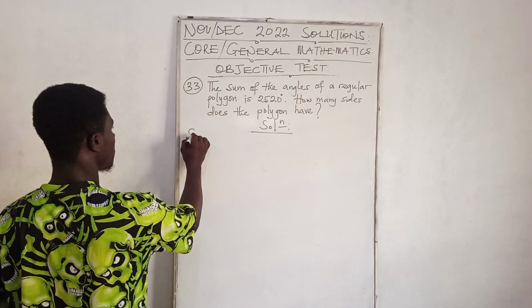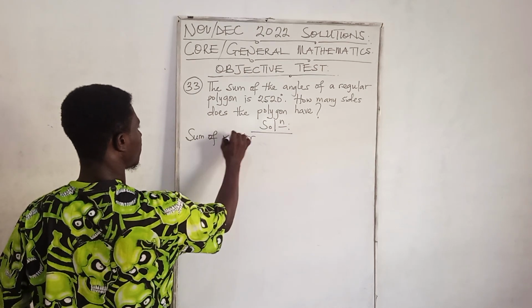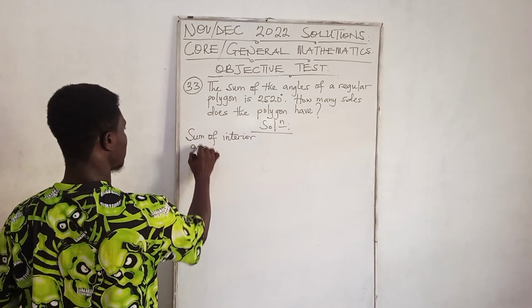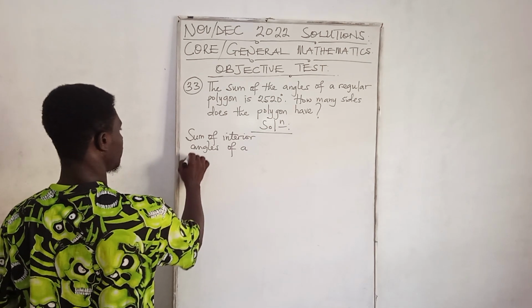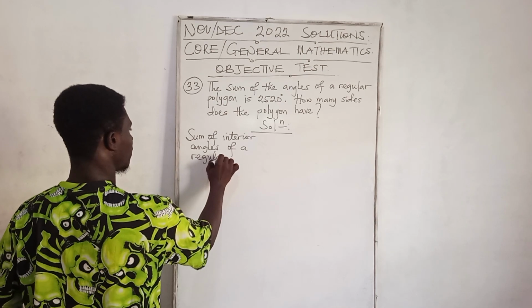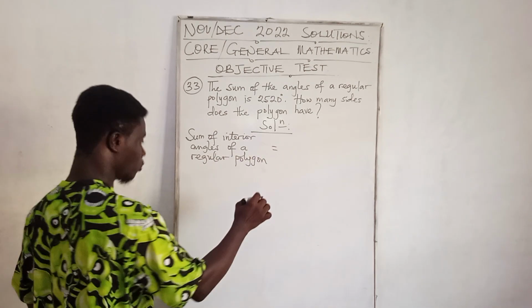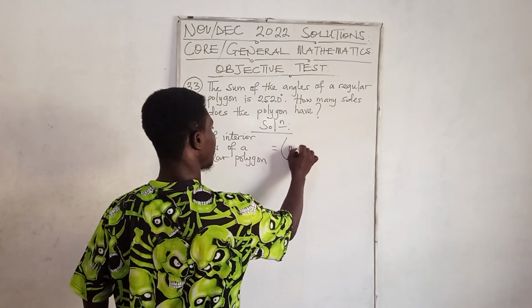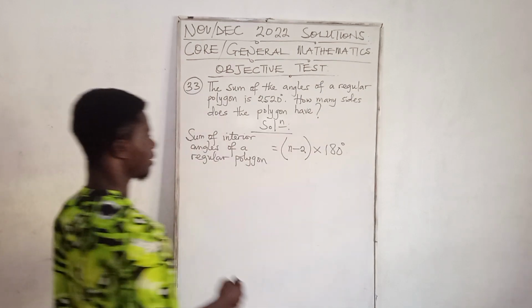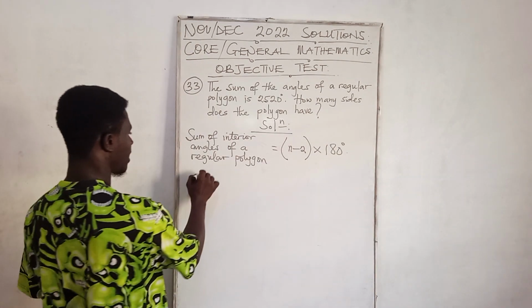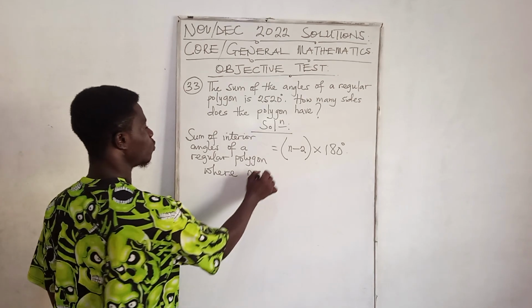And now, the sum of interior angles of a regular polygon is equal to n minus 2 times 180 degrees. Now, where n is equal to, we don't